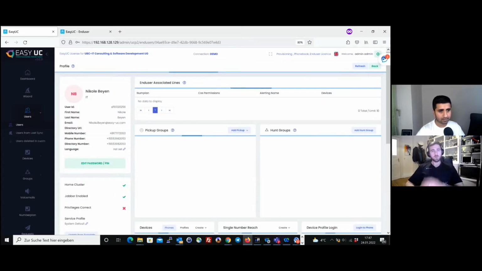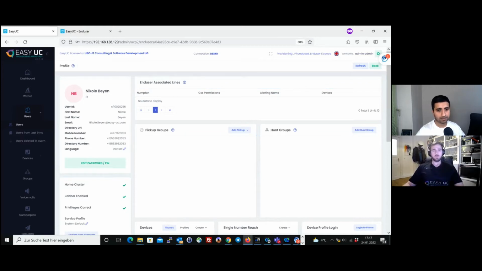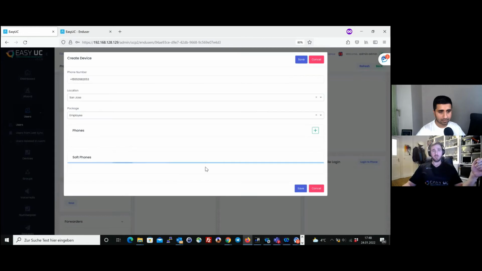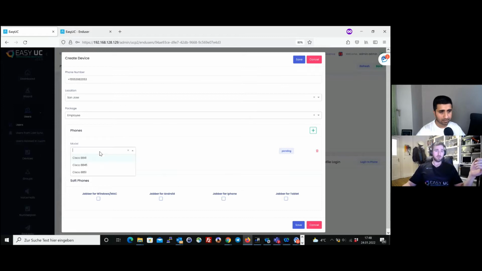Click on the user. Then the tool tries to find any information in Call Manager regarding this user. Of course, because he has nothing, we will not find anything. And I would like to show you how to add a phone. It's just like create device. Then we have the option to have an IP phone, and we display only the phones which are available in the cluster. So when you create a template from an 8845 only, then of course you only see this template and not the real big list from Cisco. Okay, so that's in this case,